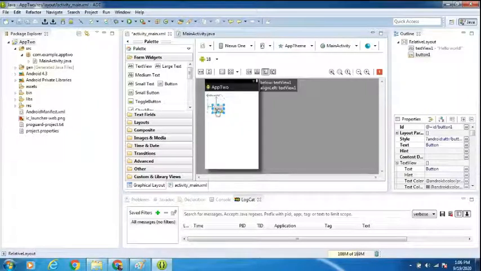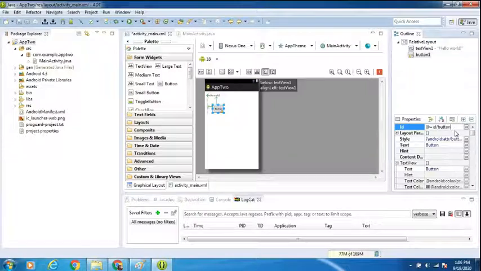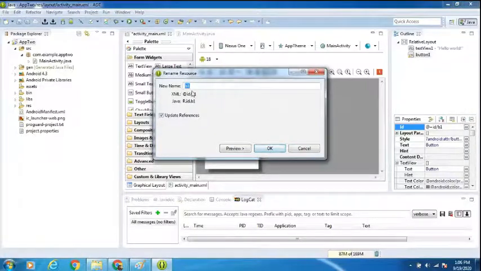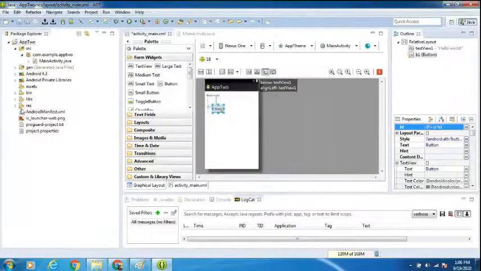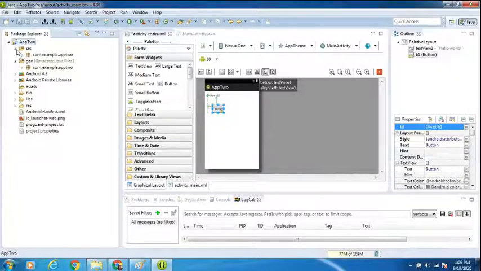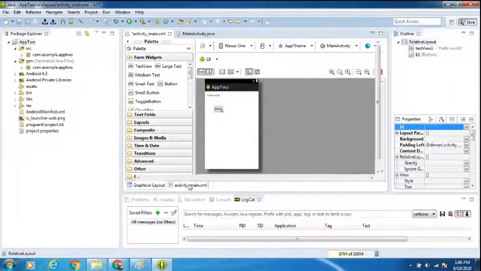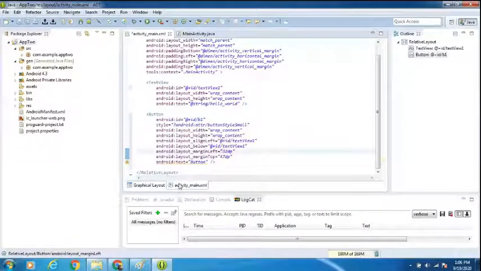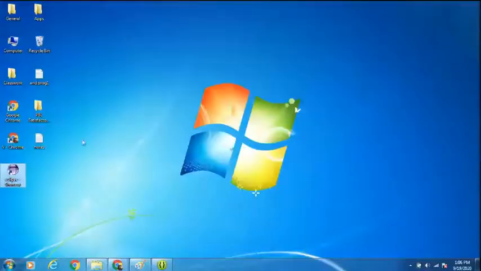I'm changing the properties of the button here. ID from B1 and I press the enter key. Okay, it is changing here. Then you can also see in the XML file, ID has been changed to B1. Just I'm copying this code here.